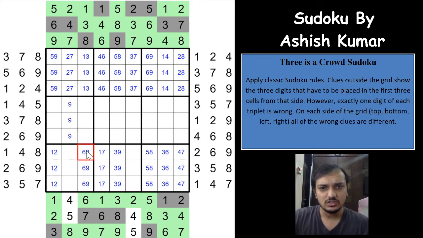Now why is the 6 helpful? As you can see, the 6 is in one of these 3 cells, which means a 6 cannot come here. And because the 6 is marked wrong here, you cannot place a 6 here, because that will surely contradict the thing that 6 is correct, right? 6 has to be wrong, which means a 6 cannot appear in these 3 cells. And that is the most important thing while solving this Sudoku on paper. Marking a digit wrong will surely help you, because it makes sure that digit doesn't appear in those 3 cells.